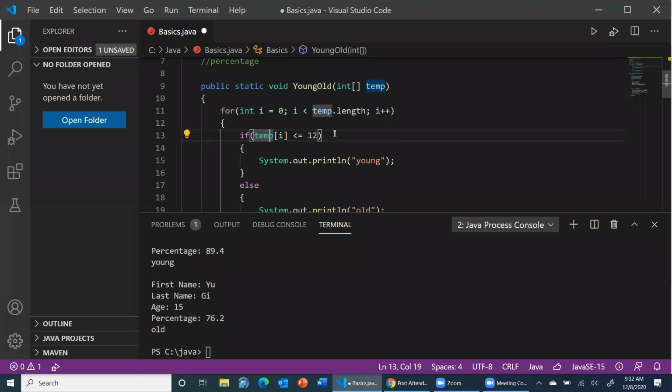So now we pass an array, and based on the value of the array it's going to tell us whether the student is young or old. But this will work for all the students. ठीक